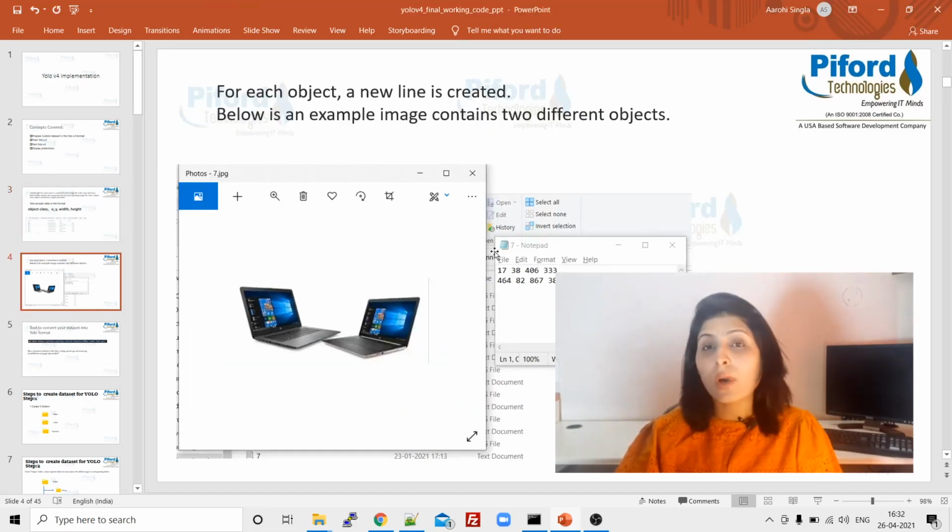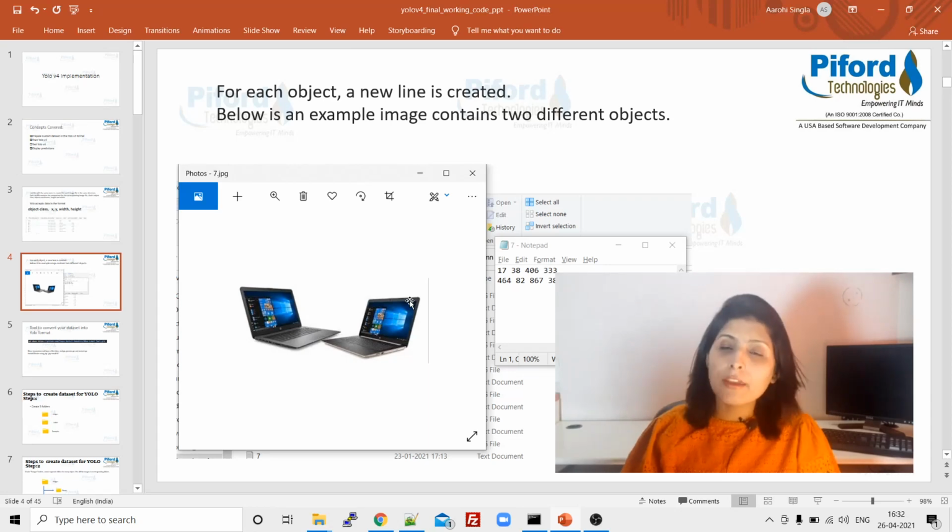One more thing. Let's suppose you have this image, 1.jpg. If this image has two objects, the related annotation file will have two separate sets of coordinates, one for each object, on separate lines. The first line is for the first object, and the second line is the annotation for the second object.